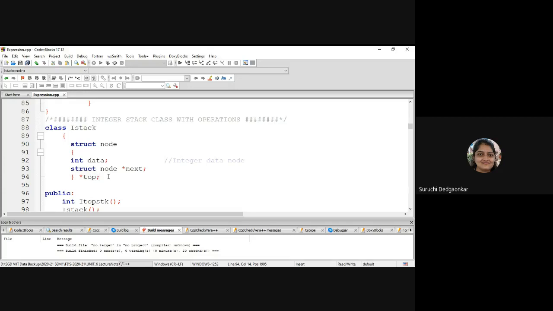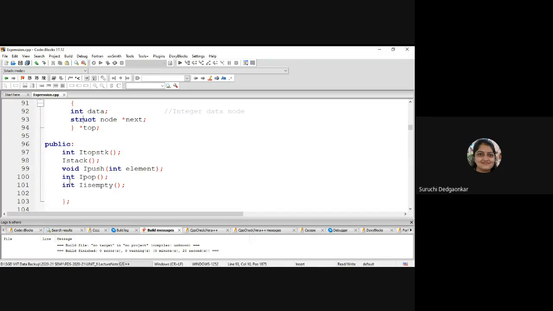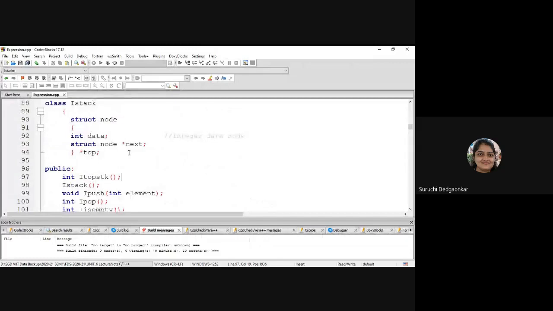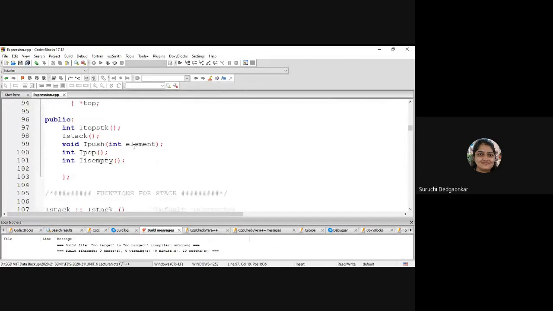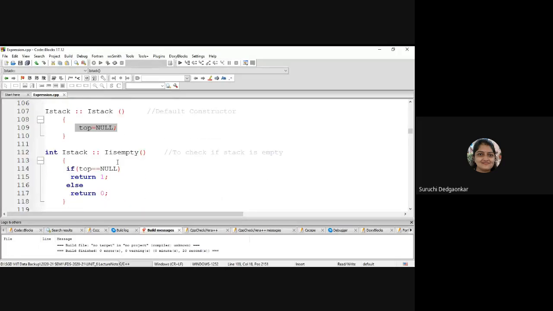In the constructor of this integer stack, top will be initialized to null. And we have to write these functions: push, pop, isEmpty, and this one is for read top. We will just take the value of the top element, but no modification will be done in that stack. So initially in the constructor we have top equal to null.